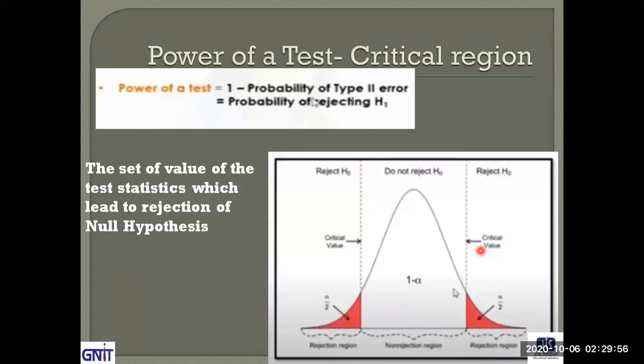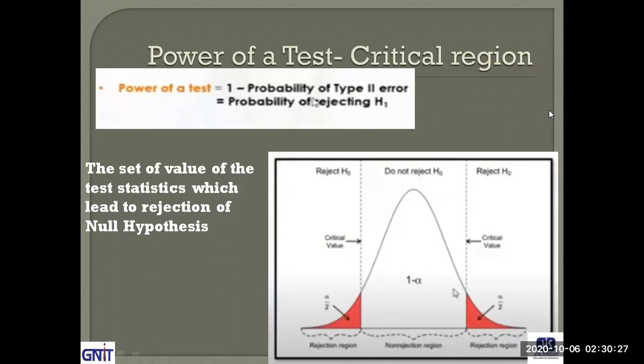This is called power of a test or critical region. Here we will find what is critical region. So what is power of a test? Power of a test is nothing but equal to 1 minus probability of type 2 error. So 1 minus probability of type 2 error is nothing but the